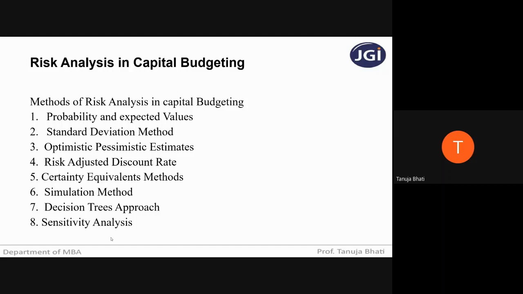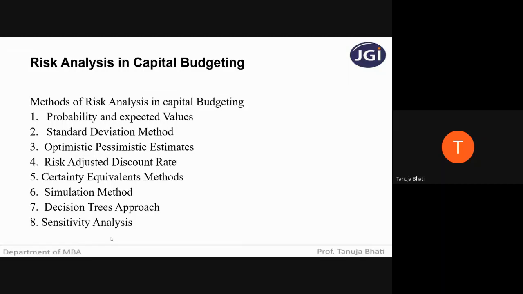In sensitivity analysis, you're just going to analyze whether a particular proposal is too sensitive or not. When I say too sensitive, I mean suppose there is any change in external factors or internal factors of the organization,